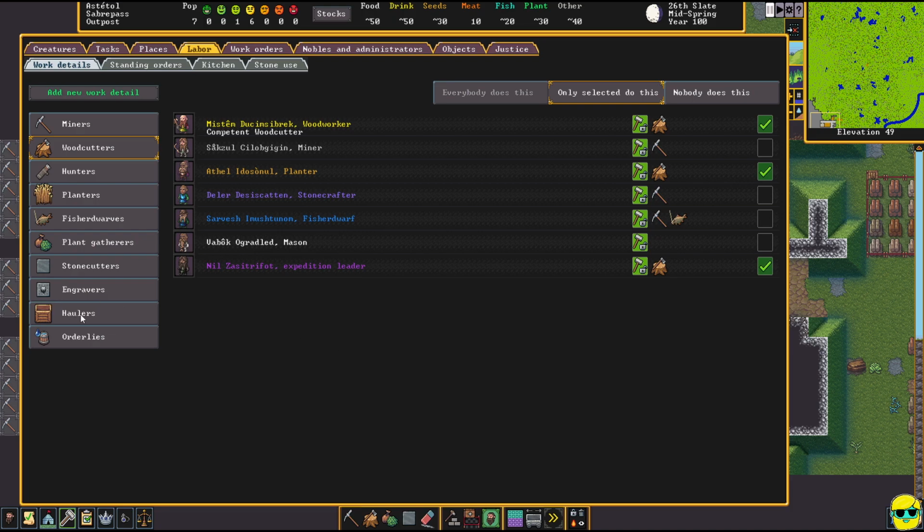So now we have people mining and wood cutting, and you see when we select this, there's this icon that goes by them, and you can see like the Fisher Dwarf is set to fishing and mining, but we turned off fishing, so that's not an issue. And then